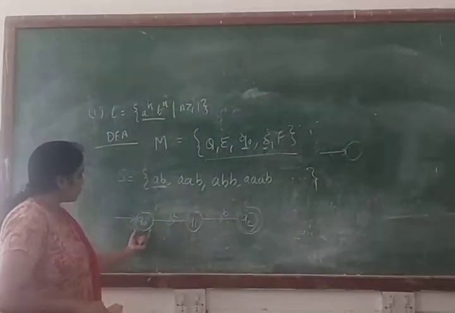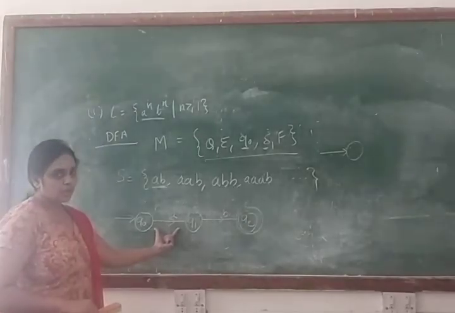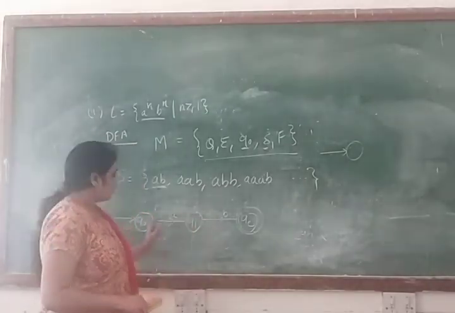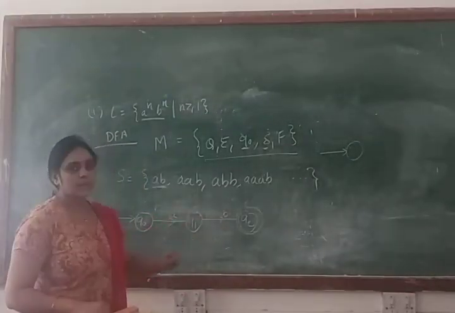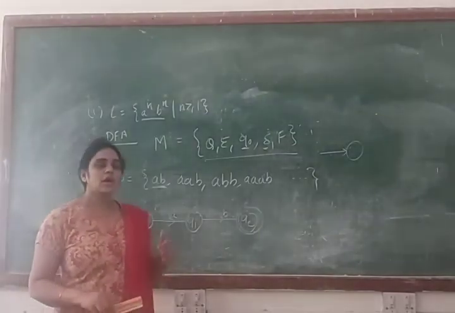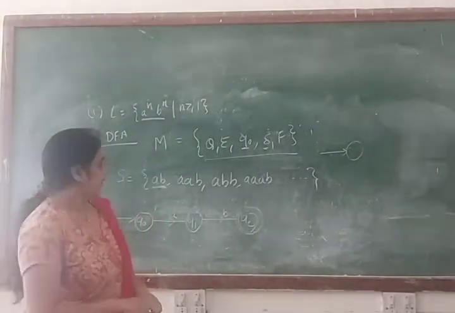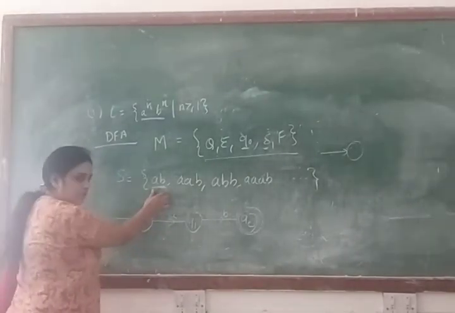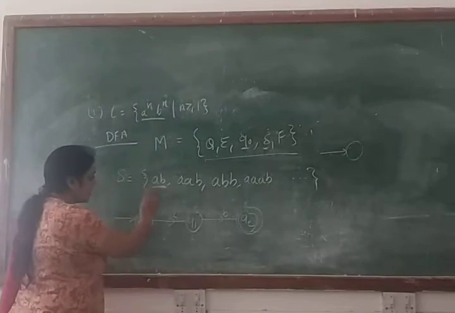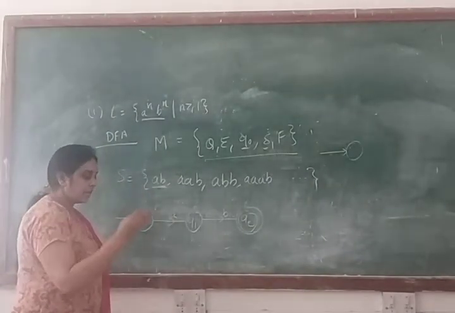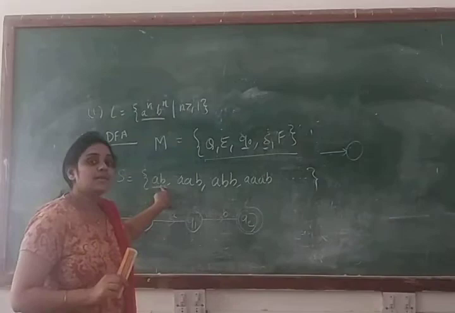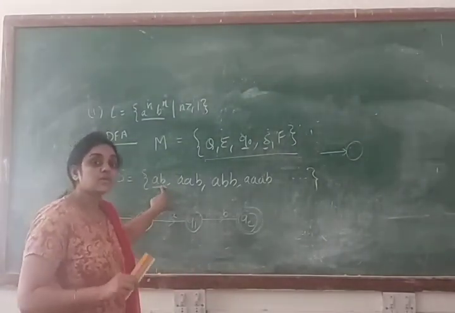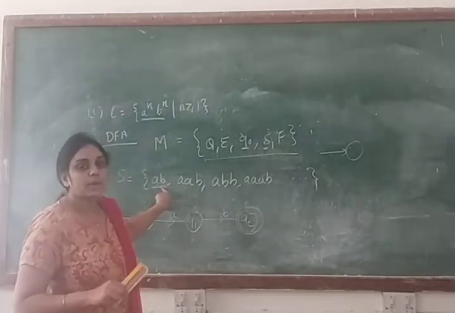Now you can check that from Q0 to Q1 we are making the transition for input symbol A, and from Q1 to Q2 we are making the transition for input symbol B. Now this machine basically accepts AB. The second thing is how you will check the validity of this string. When you scan your string from left to right and you read the last symbol of your string and enter into the final state, that means this is a valid string and it is accepted by your machine.